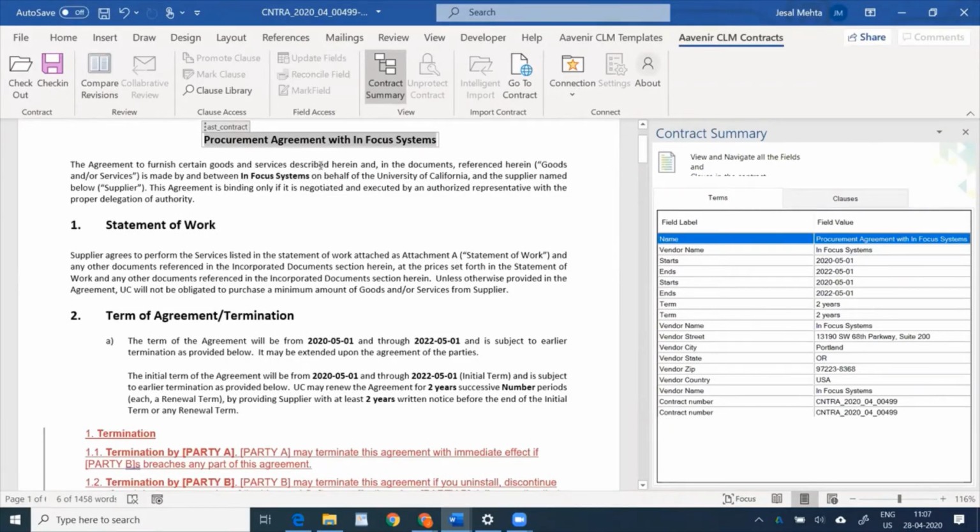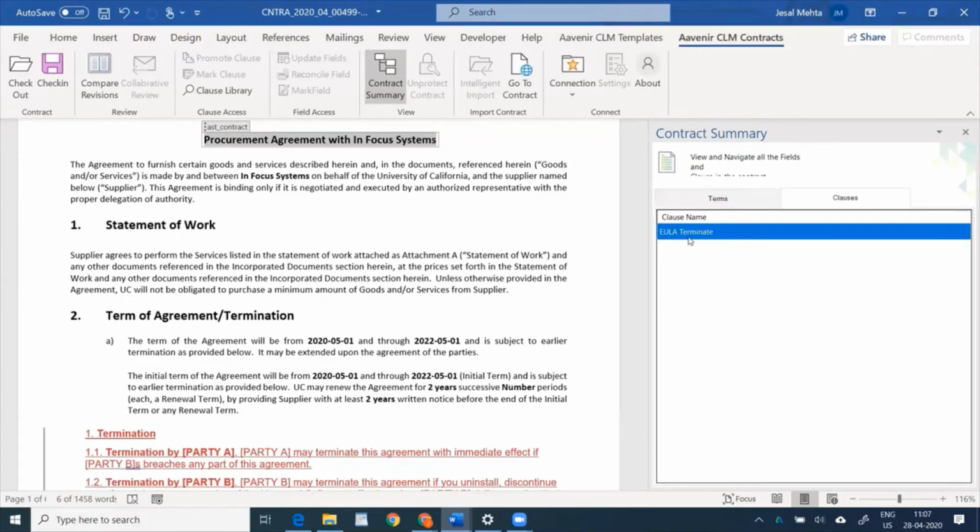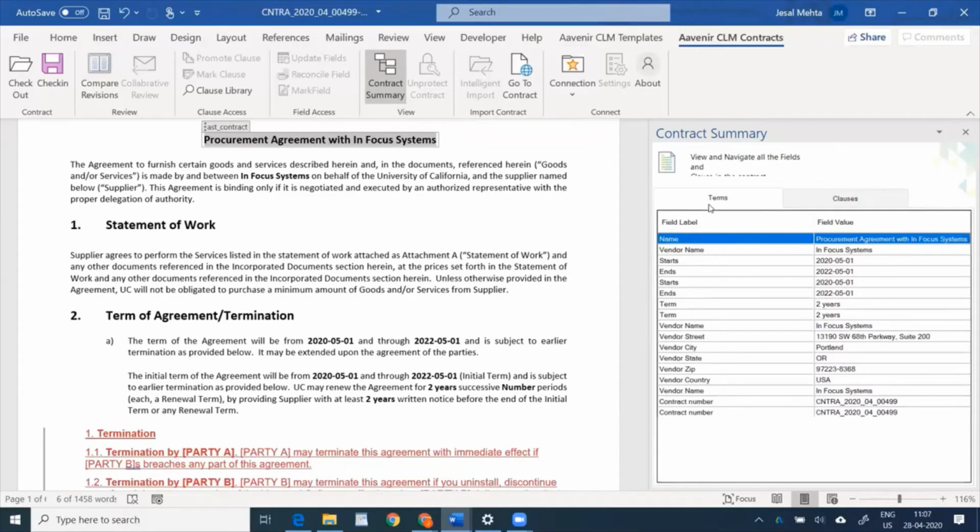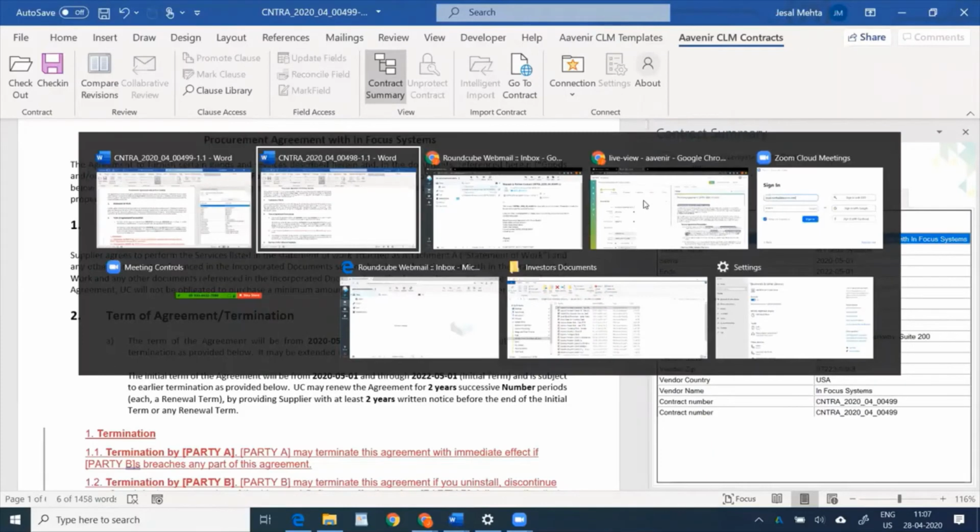So all the contract terms are automatically extracted from the contract document and make an easily usable summary sheet for you. You can also see the clauses that have been inserted by you on top of the standard contract template that you use as well. So a lot of these powerful tools are available directly from Microsoft Word. And that's the proprietary integration that we have built from Microsoft Word to ServiceNow.